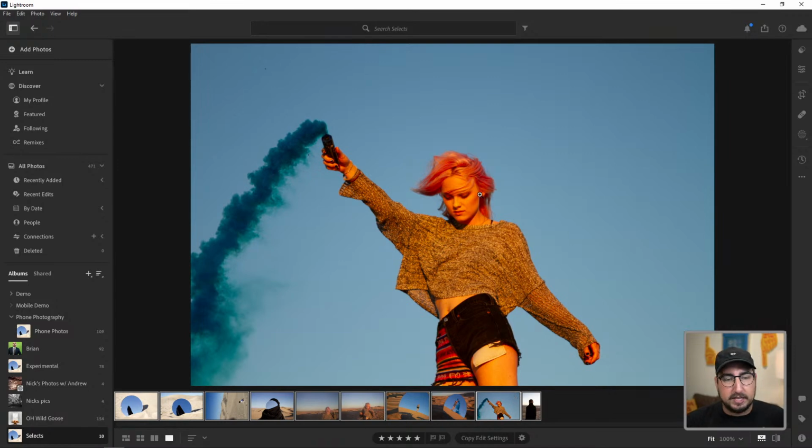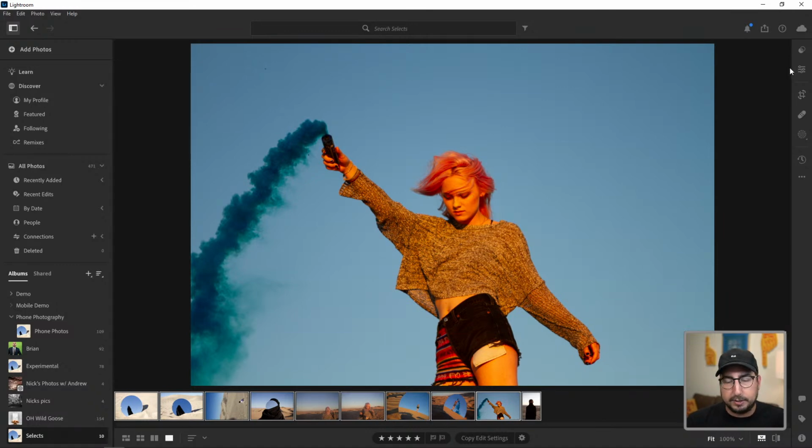So let's start with this photo because I think it would be nice. I think what I want to try to do is put some kind of galaxy look here. And I also might want to remove her from the background and see what we can do with the background, or if we can do maybe a little double exposure effect on this. So first thing that I want to do is I definitely want to try to mask her to be much